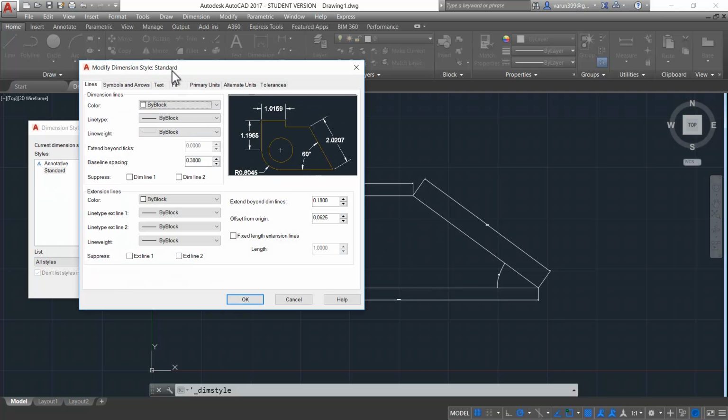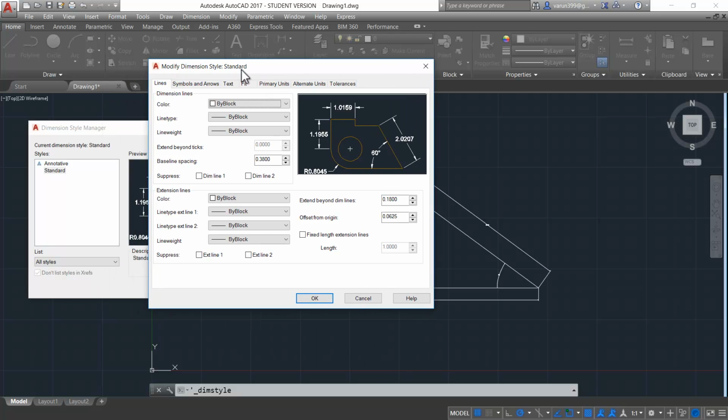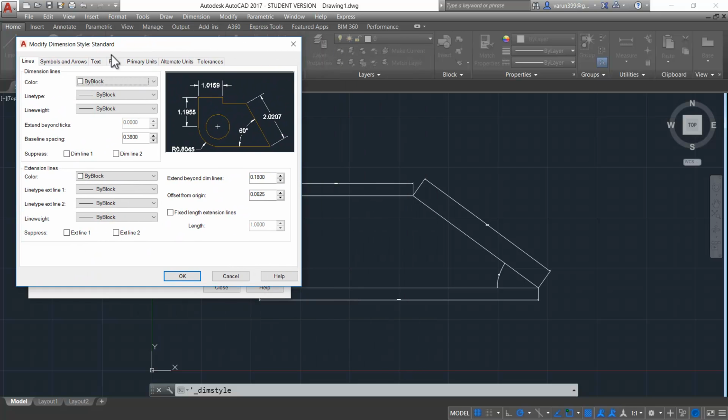Now, this will bring about the modify dimension window. Here you have different tabs by which you can toggle between different values. All are not much essential while you are designing, but a few you may have to change while you are drawing. I will show you a few commands which are needed, and you can use the rest according to your need. The first one is dimension lines. Dimension line means the lines which show the length or the angle or the radius,